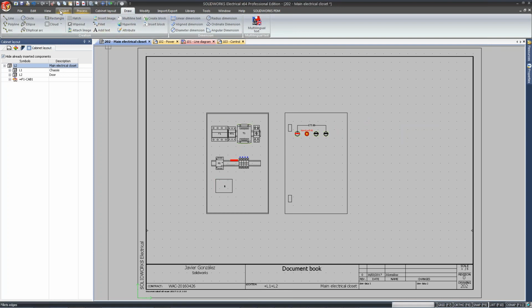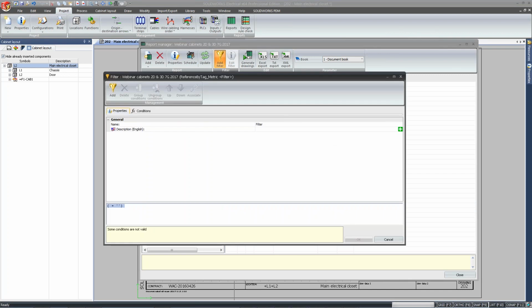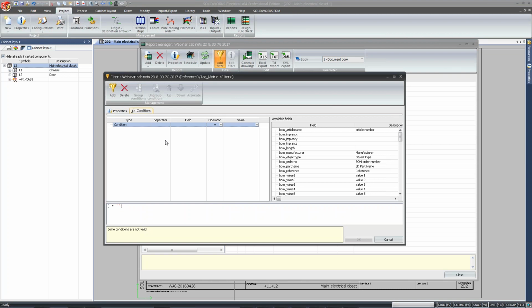If I go to project, we have the reports here, and what I'm going to do is add a filter to this bill of materials, because I probably don't need all this information. Add a filter, which is a new feature from SolidWorks 16, if I remember well. My filter is going to be for the location. I just need to look at the right-hand side at the location